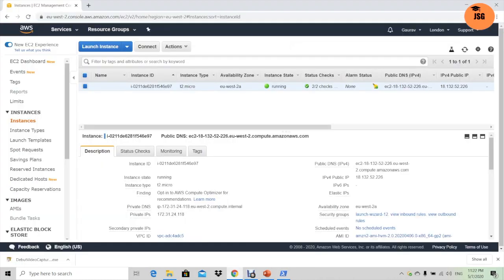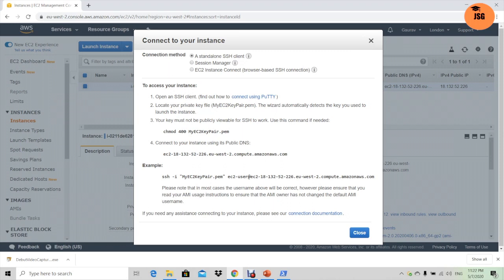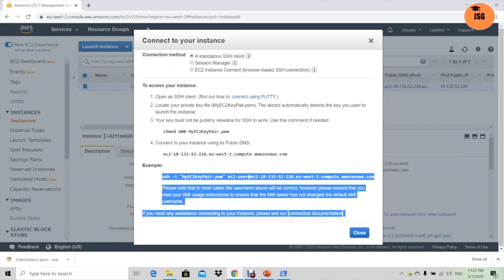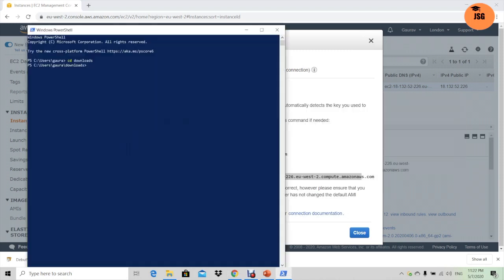You have selected your instance, you go to connect, and here you can find the command to connect to your EC2 instance. You just need to paste it here. Basically what it is saying is ssh -i, give the name of the .pem file, and then the user which is allowed to make the SSH connection, which in case of Amazon Linux AMI is ec2-user, at the remote EC2 instance.